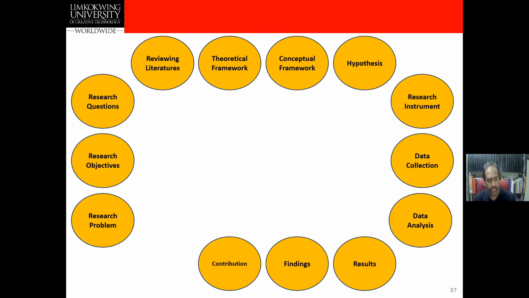So what do you give to your body of knowledge? What do you submit to the body of knowledge? That is, you might have made a new model, you might have made a new theory. This all comes under theoretical contribution. Practical contribution is all about what you give to your society, your people, your corporate and your government. That all comes under practical contribution. This also has something called recommendations as well.